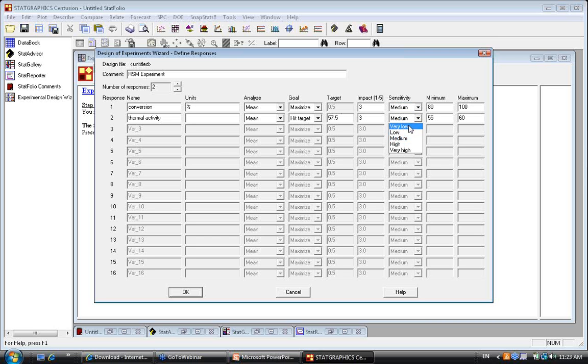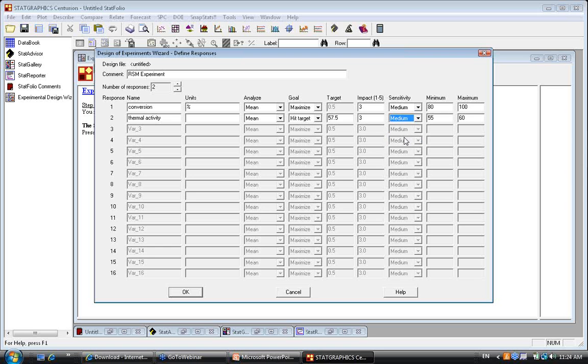If you don't much care where you are within the range 55 to 60, you can set a very low sensitivity, which means anywhere between 55 and 60 is pretty much equally good. On the other hand, if you really want to be close to 57.5, you can set it to very high. Usually, I just leave them at medium,